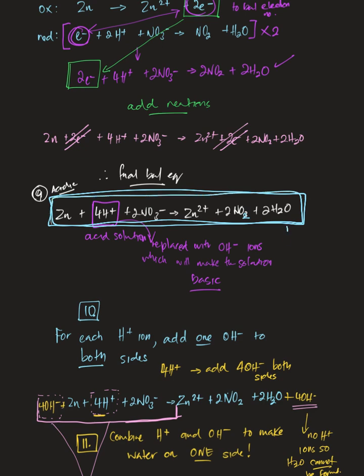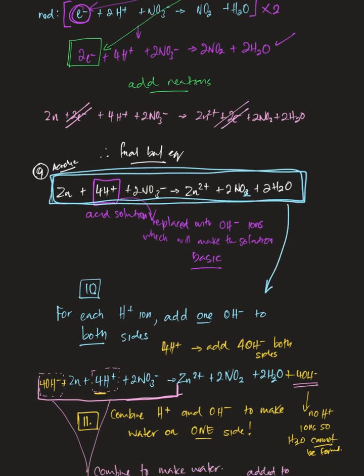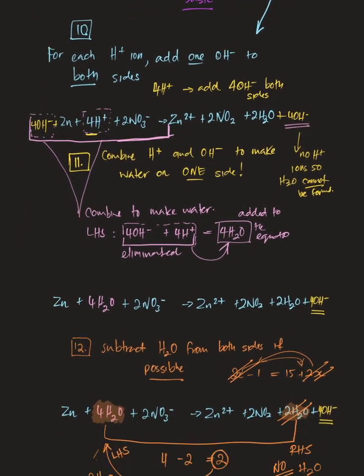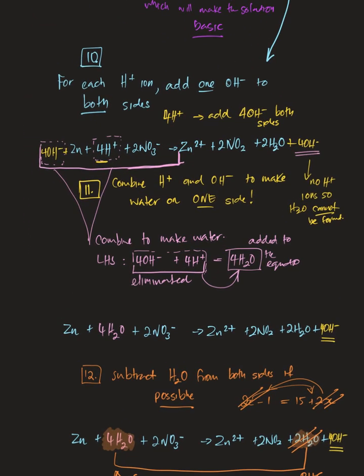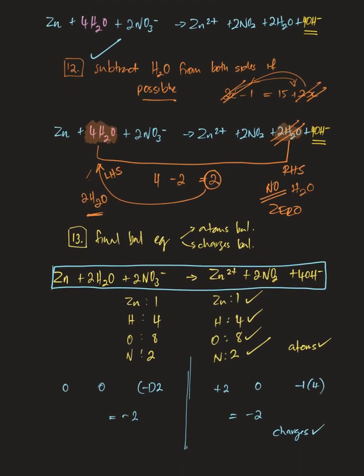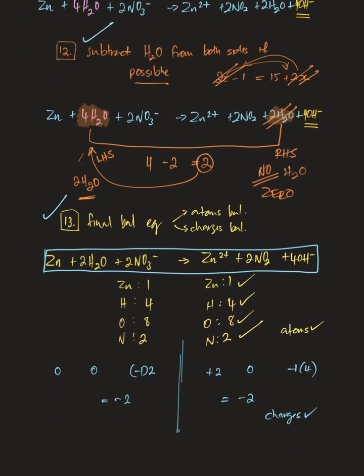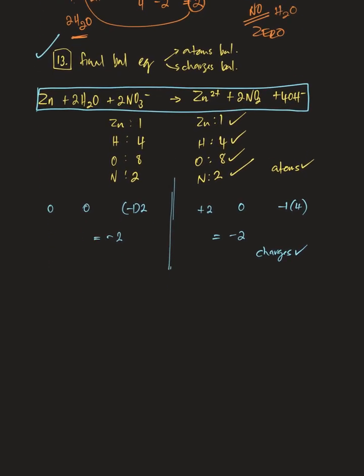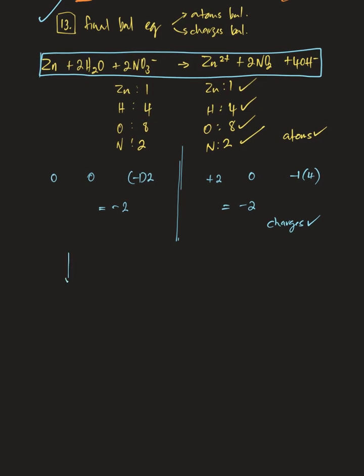Once I get there, I can do step 10, step 11, step 12, and then I can finish up with step 13. So please remember, with the basic solution, there are a few steps that are left over. You've got numbers 1 to 9 of the acidic,